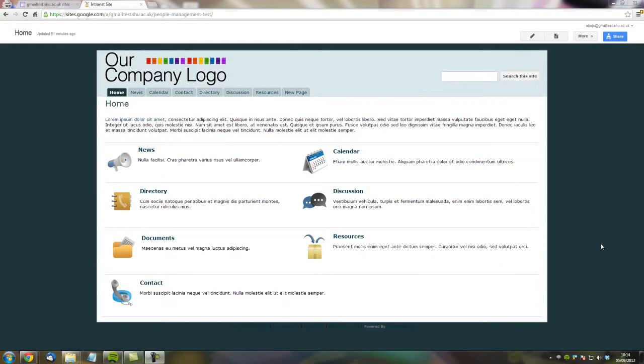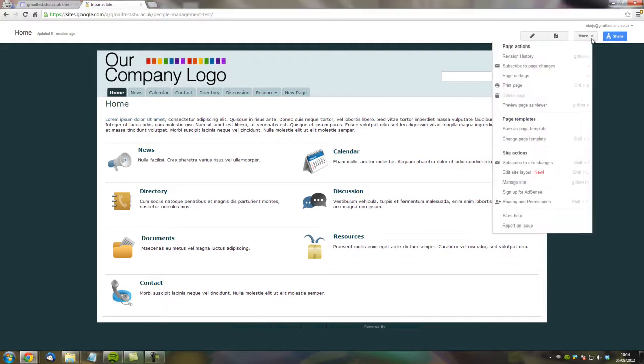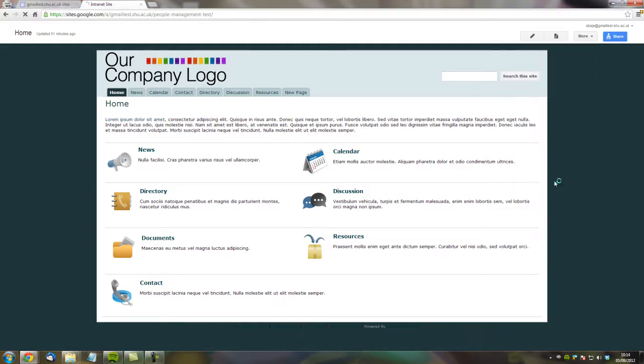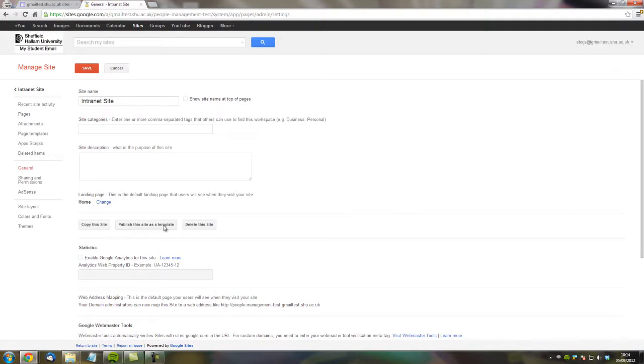Okay, moving on. One of the things that people are always keen to do with their sites is to personalise them and style them in a way that suits them. In order to do that, you again go up to the More Actions menu and select Manage Site. And then you'll see that there's an option over on the left hand side called Colours and Fonts,